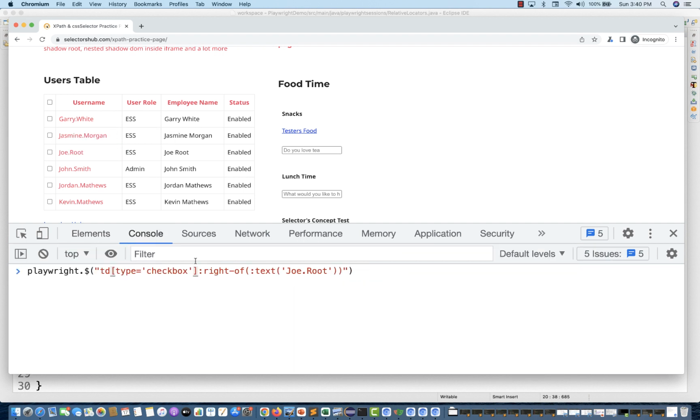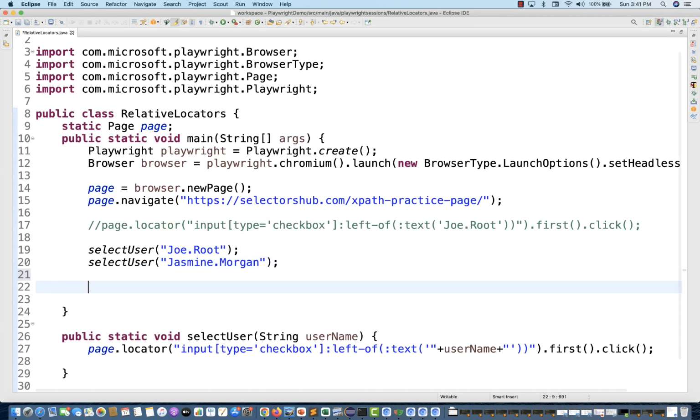Okay, there is no type for TD, so just remove this type from here, TD, and then right of this joy root. See, it's giving you TD ESS. So I can simply use this once again. So I'm going to use this particular selector, copy this, and now I'm saying fine that